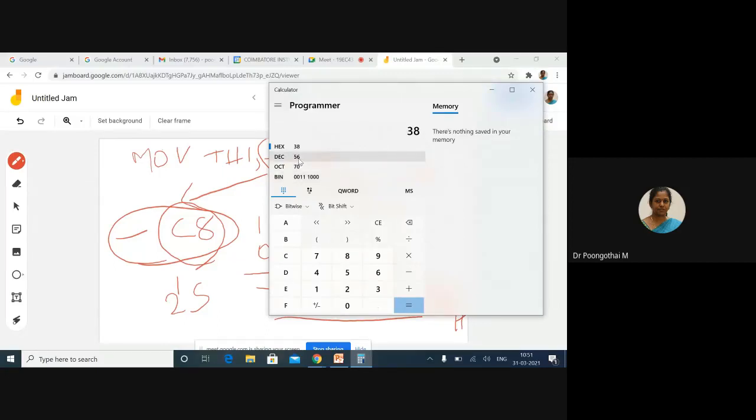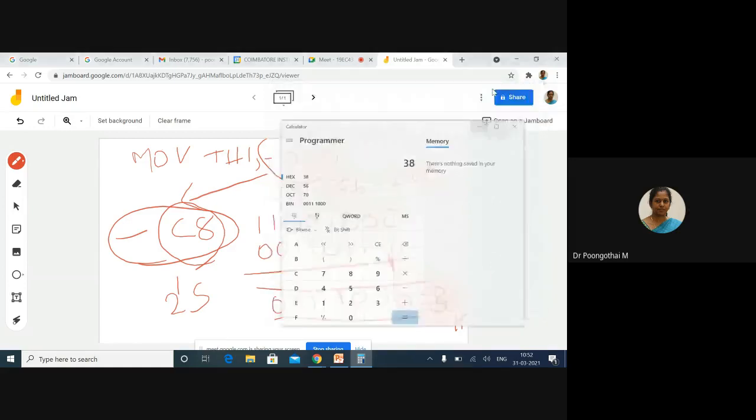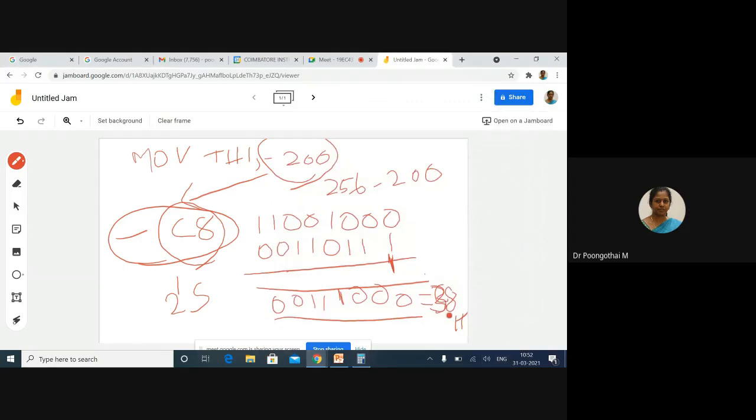So minus 200 means, what the particular instruction will do is, this minus 200 is directly subtracted from the maximum value of the timer. Okay. So after execution, this 38 is loaded into TH1. So this is one way of loading your values into your timer registers. Is that clear? See, instead of loading 38, I can directly specify minus 200.